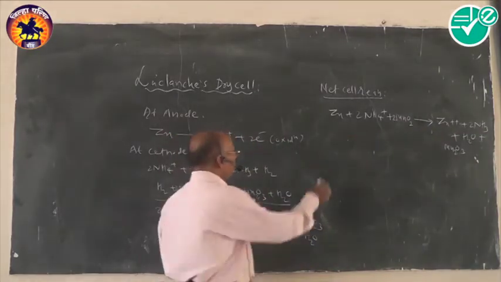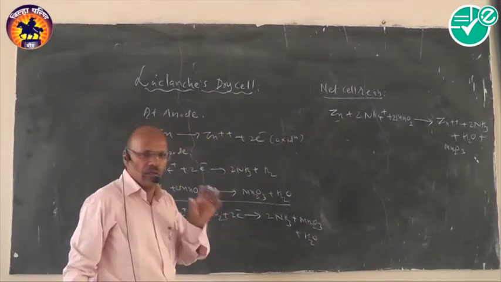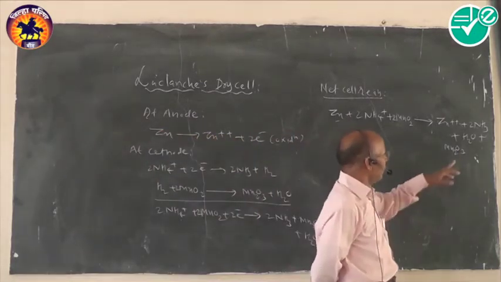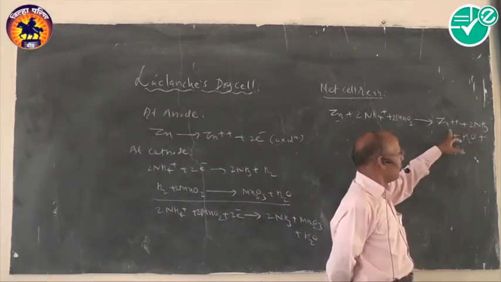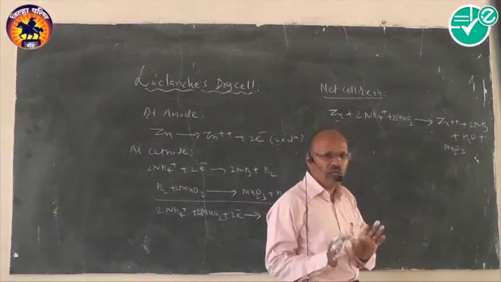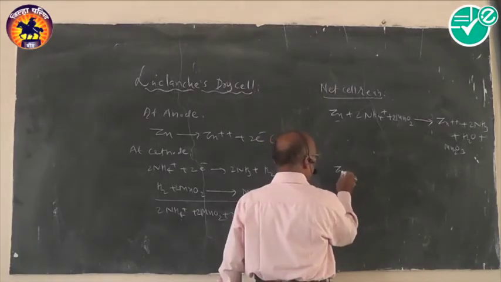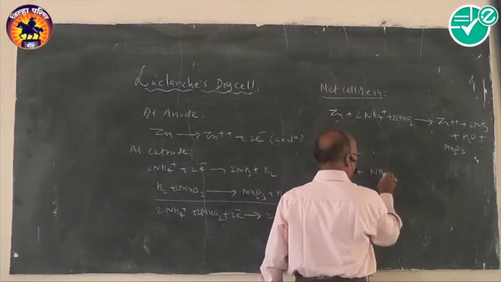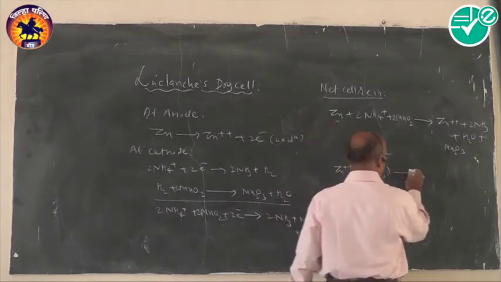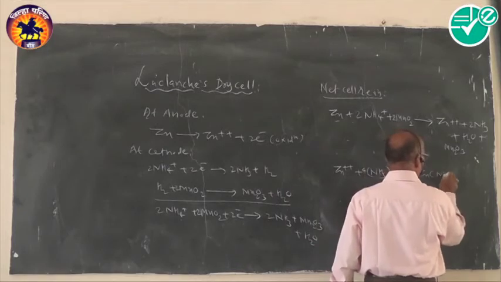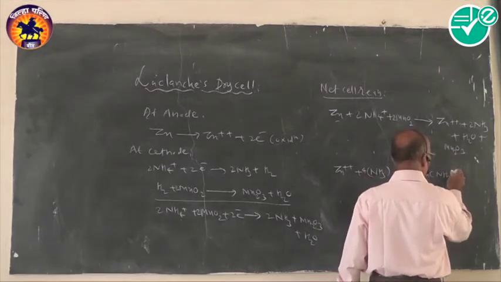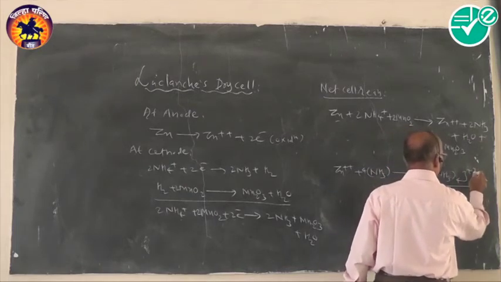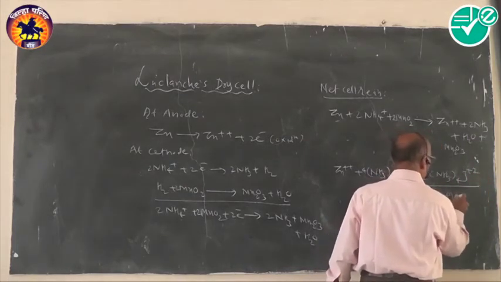Now if you think about the net cell reaction for the dry cell, what is your observation? At the end of the reaction, there is formation of ammonia and zinc ions. What happens actually in this case? The zinc ions formed combine with more and more ammonium ions, forming the tetraammine zinc complex, Zn2+ complex, like this. This particular complex is a more stable complex.